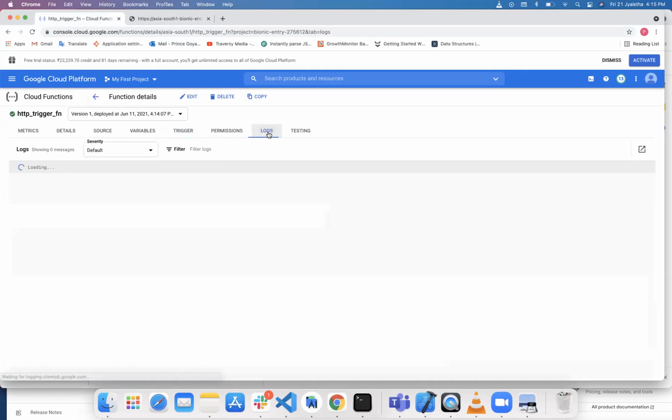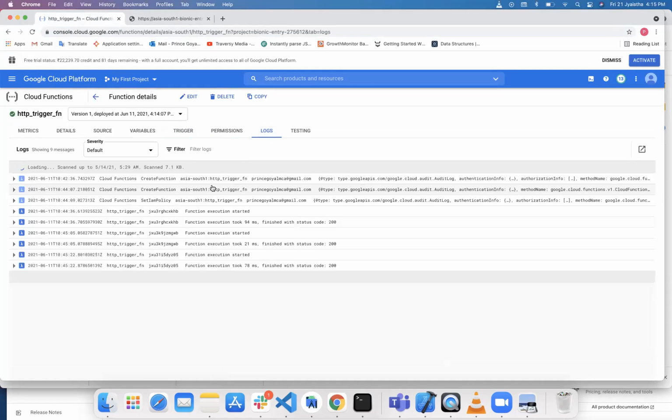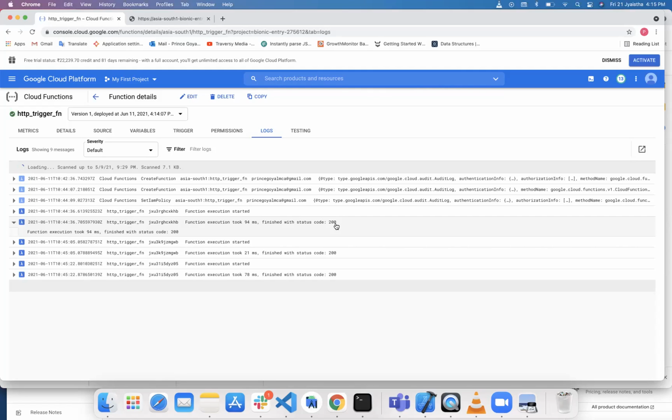We can see our logs. So we can debug our cloud function with the help of logs. See, in the logs, first we have started the function when we were testing. So it was started at this time, and the status code is 200.